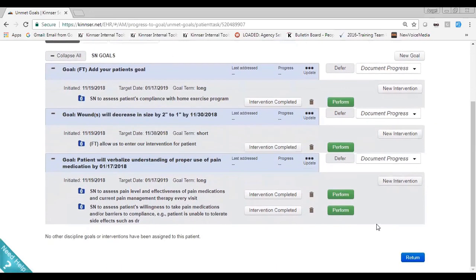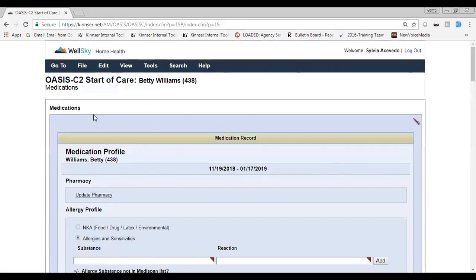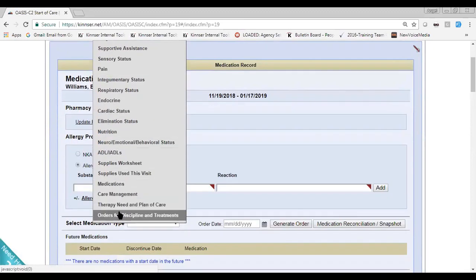All my goals have been added as well as interventions. I can simply select return, which kicks me back into my medication page. Now, the next page I do want to go ahead and show you within our OASIS is our orders for discipline and treatment. All right, so if I do select that option